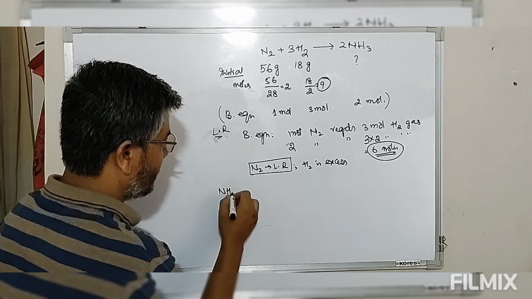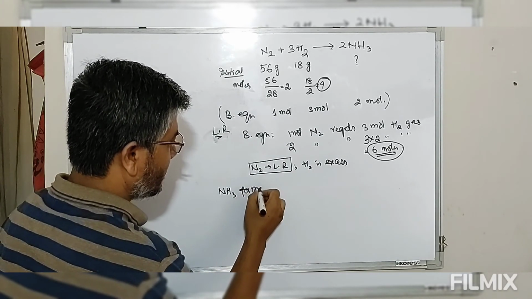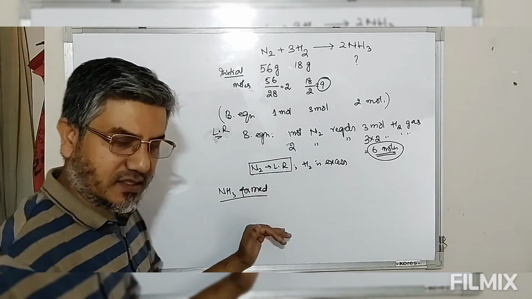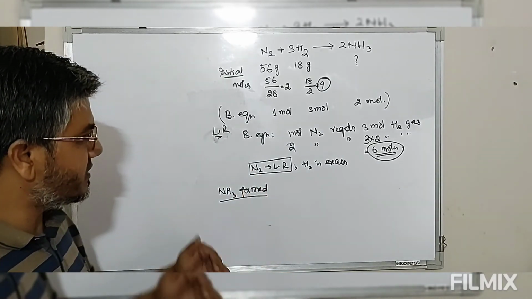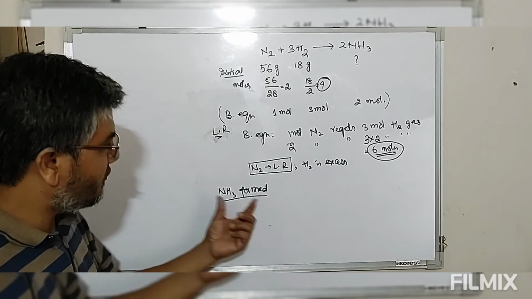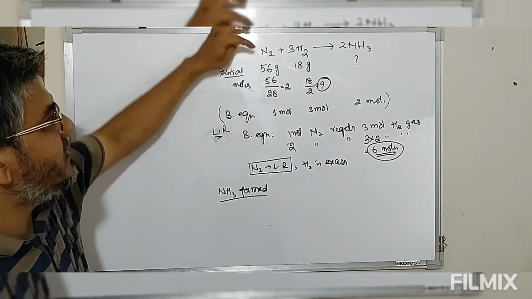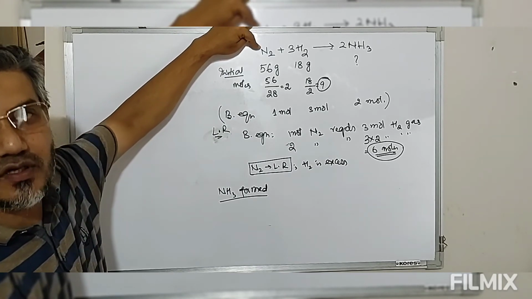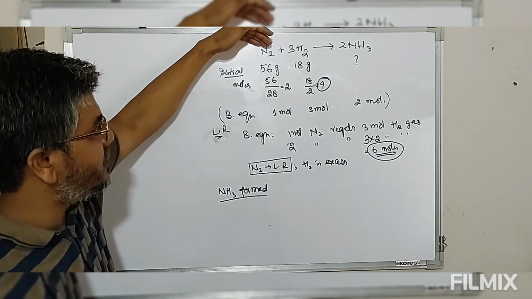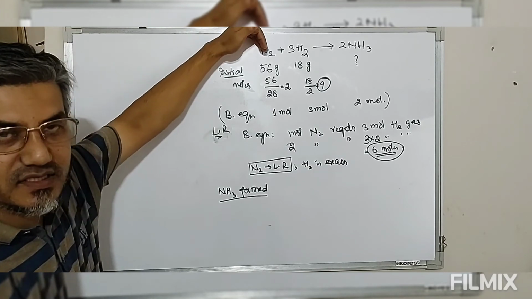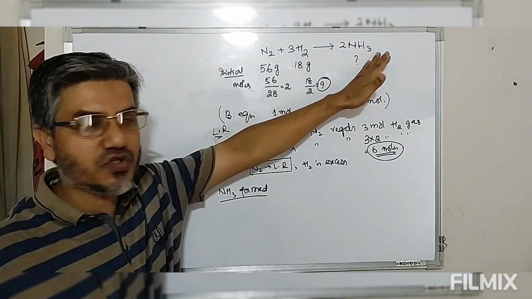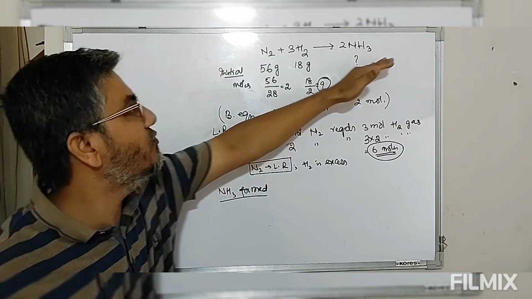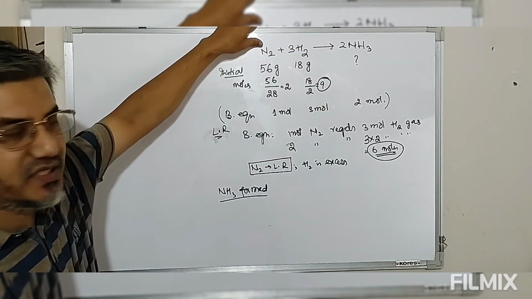So if this is the case, now let's define the amount of product formed. So ammonia formed. As we have discussed just before in this example, product formation will always be decided by the limiting reagent, because this being the one which is present in the smaller quantity will be 100% consumed. The moment this limiting reagent is consumed, the reaction will stop, meaning formation of ammonia will stop. So how much ammonia is formed will be decided by this limiting reagent.